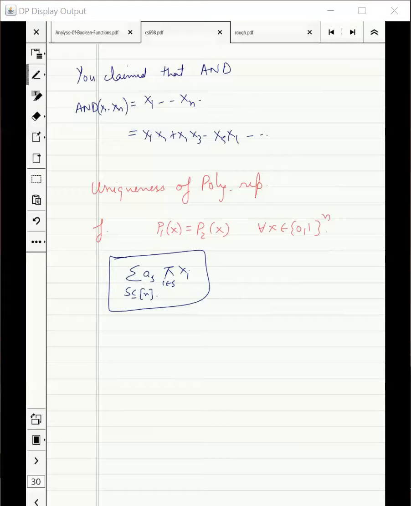Remember our representation. We can prove it inductively. First, the constant should be equal, because if I put all the variables to be 0, then the constant should be equal. Then if I choose just one of the variables and put the value 1, then the corresponding coefficient should be the same, and then we can build upon that. Okay, right. This could be tried, but let me say it in a simpler form. Good, you are in the right direction. But there is a simpler way. In induction, you might get into trouble. You can get out of it also. But let me say,